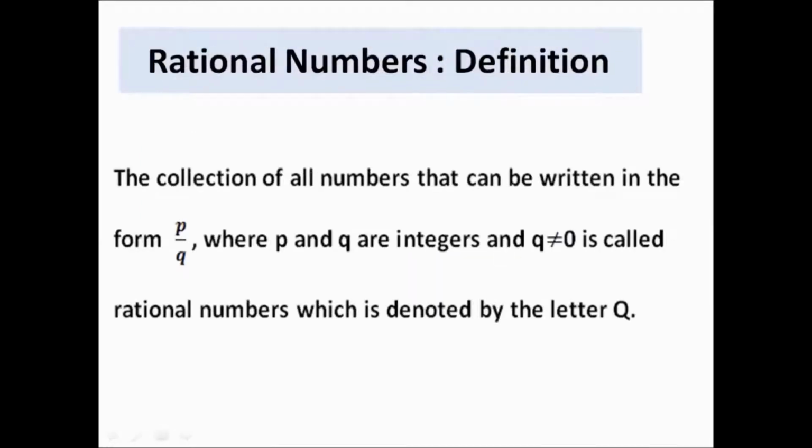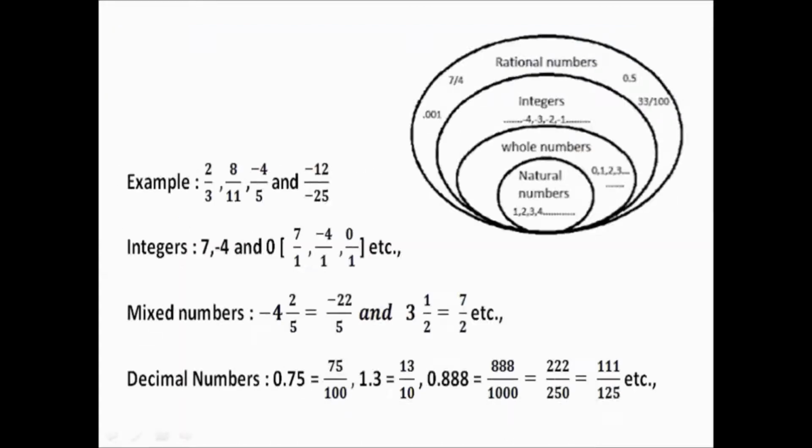The numbers which can be written in the form p by q are called rational numbers, where the denominator q should not be equal to 0. The set of rational numbers is denoted by the letter Q because it is formed by considering all quotients except those involving division by 0. The word ratio refers to comparison of two different quantities. Ratios are often written as fractions. For this reason, numbers in fraction form are called rational numbers.